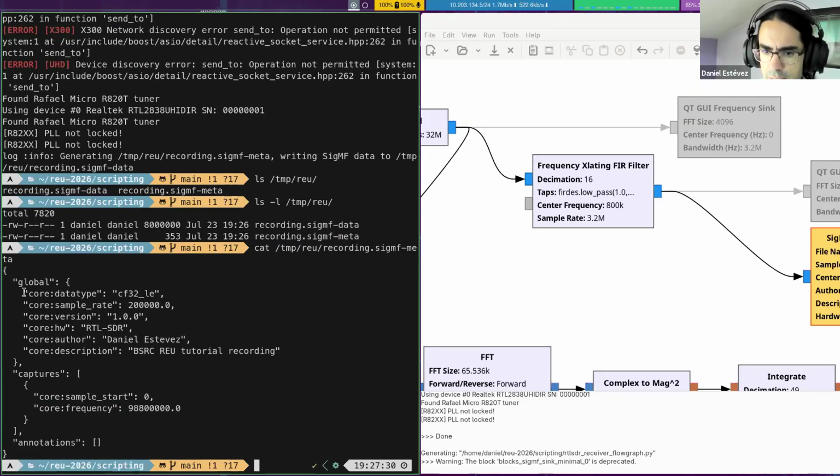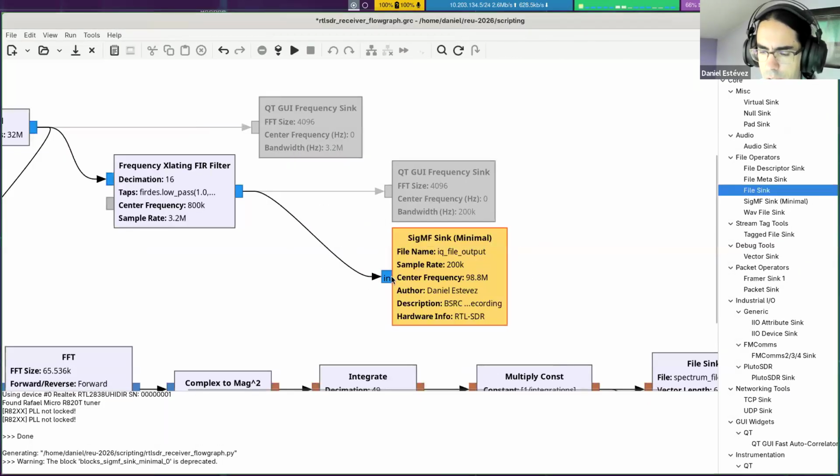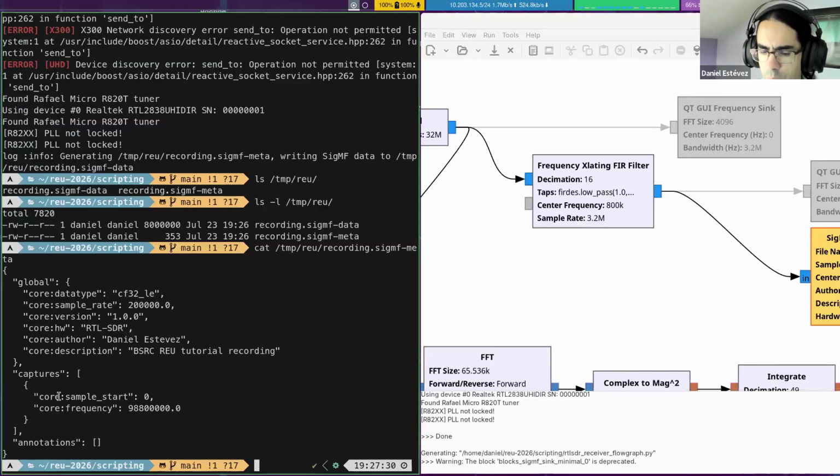It's a JSON file and it has what's the data type, in this case, complex floating point 32-bit little endian. What's the sample rate, 200 kilosamples per second. What is the SigMF version that produced this? All these metadata fields that I have filled in here, they get placed in here. And then we have captures, which says we only have one segment of data that begins at sample number 0, and the RF frequency corresponding to that segment is 98.8 megahertz. So this is how SigMF looks like, and it's very handy to keep track of